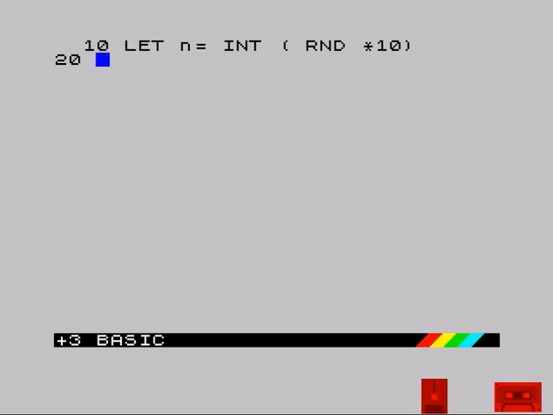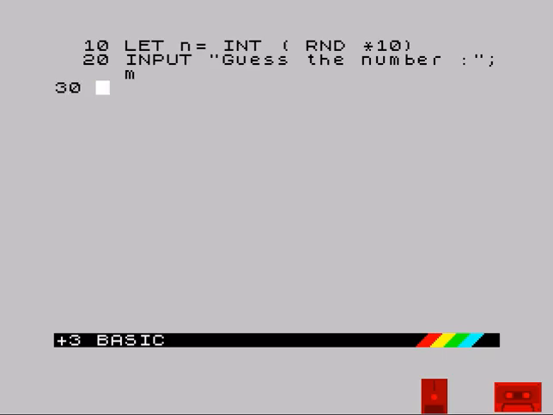So now we need a loop. We need to ask a question. So we'll use input, guess the number. So we'll say guess the number, and this time, because we're not using a string, we're using a value, we can use just another variable without the dollar sign next to it. So guess the number,